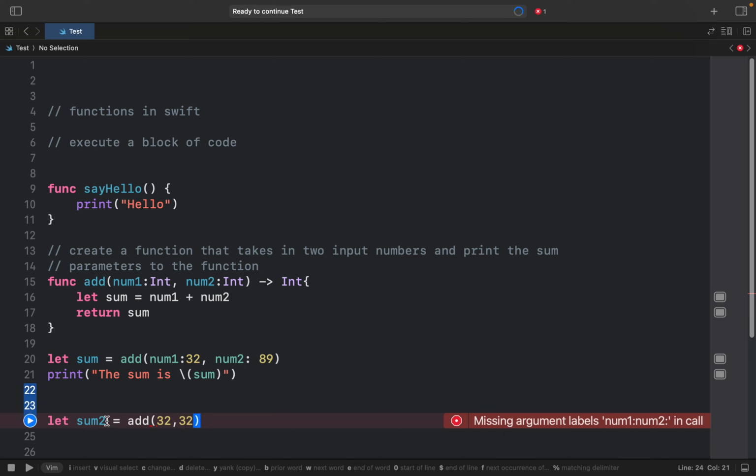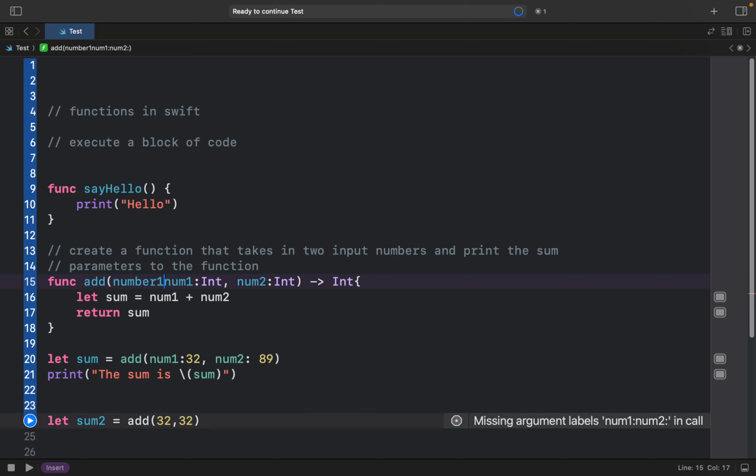Now if I want to do something like this, at first we should know that we can provide some extra labels to the parameters. What do I mean by that? So I can say num1 has number 1 as a label, or I can just say, okay, this to be firstNumber and the second one to be secondNumber,